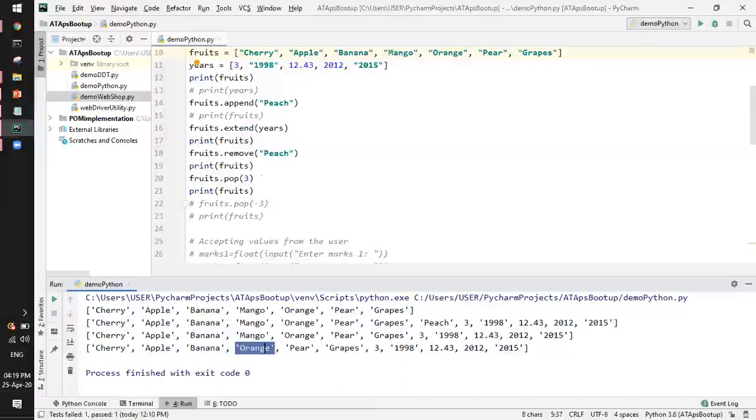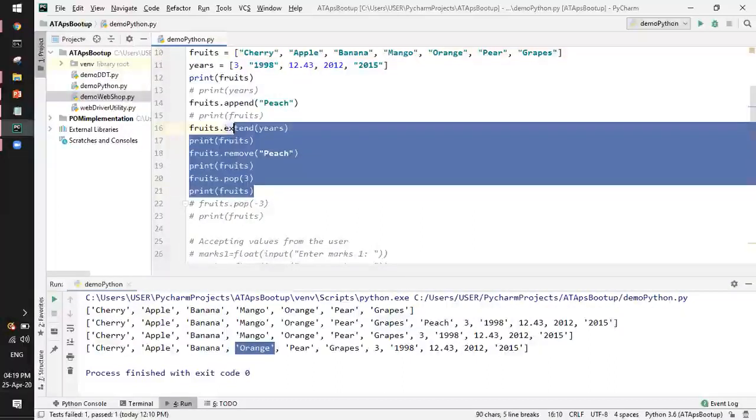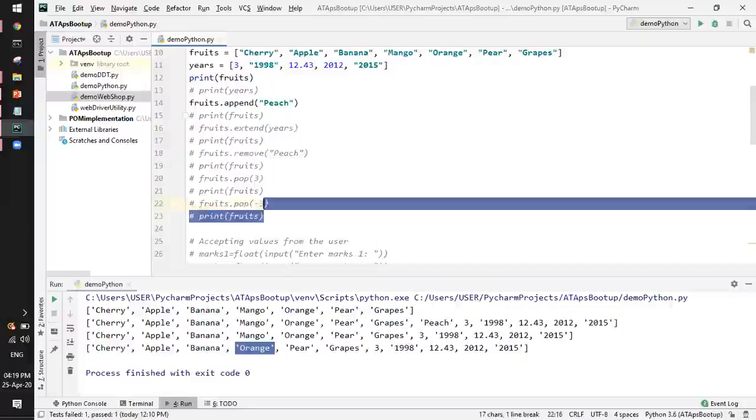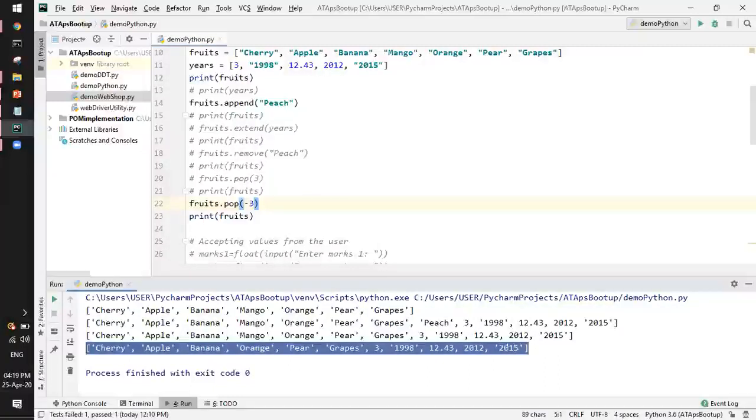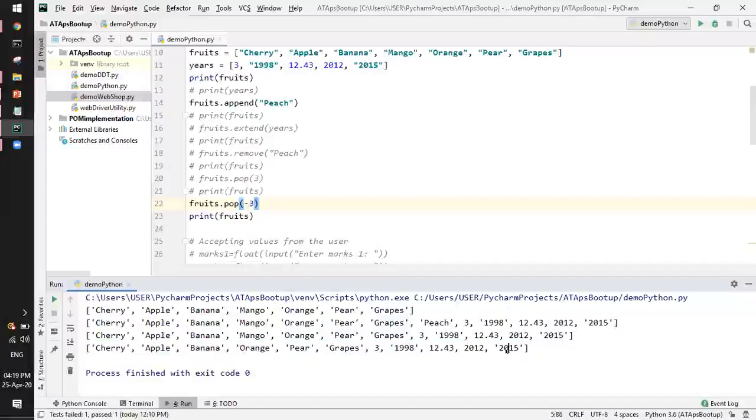Okay, so similar to that, we have one more feature, negative indexing, wherein we can remove values from the list by referencing the last element. So considering this is my list from the result, minus 1 is the last element, minus 2 is the second from last, and minus 3 is the third from last.